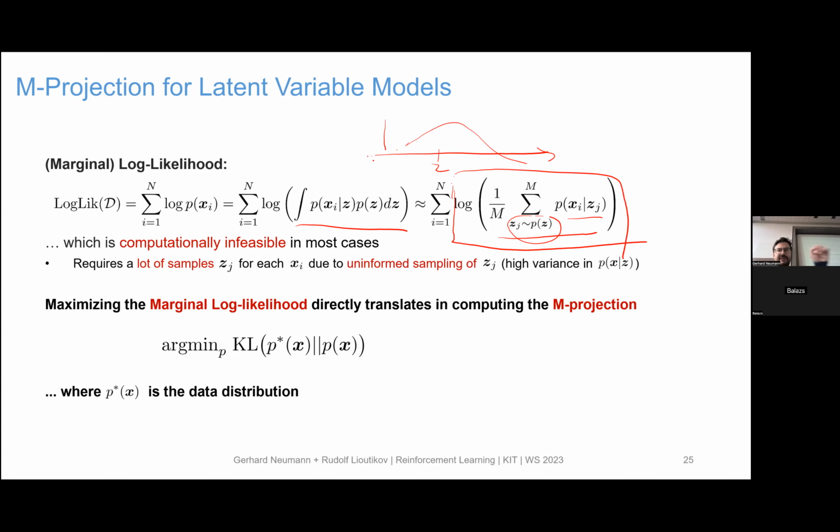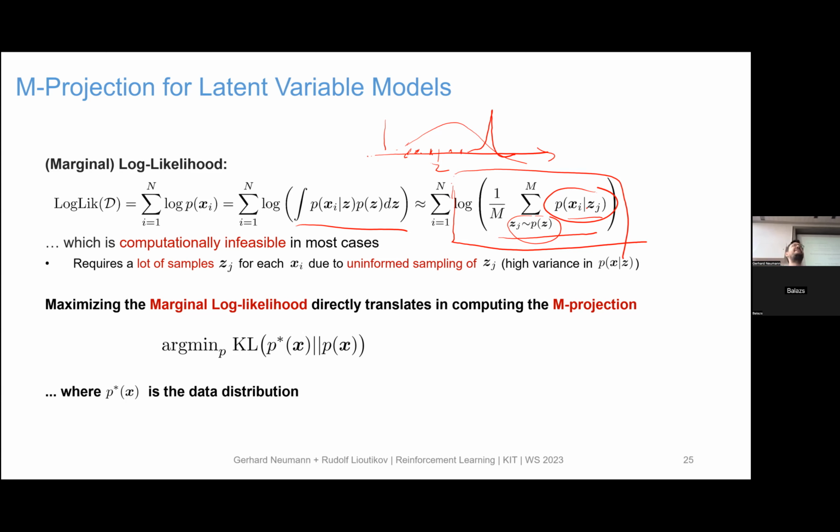But now for a specific xi, the likelihood p of xi given z maybe looks like that. It's very peaky at a certain position, because it basically means a certain xi has been generated by a certain latent variable. And if I just sample from the prior, I would generate many, many samples here